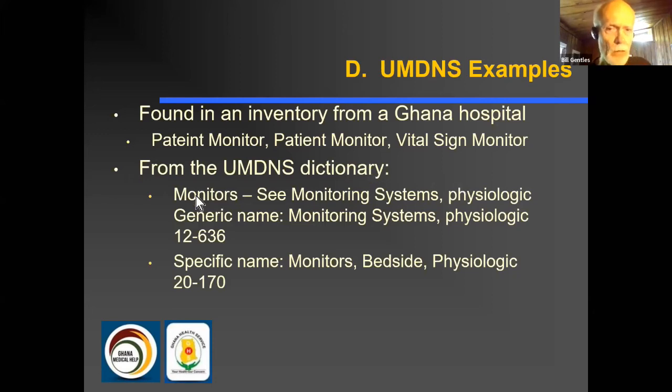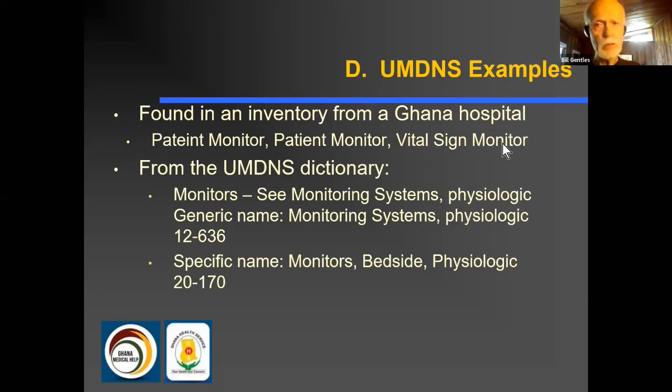So from the UMDNS dictionary, if you type in the term monitor, it points you to the standardized term, monitoring systems, physiologic. So a physiologic monitoring system is different from a computerized monitoring system where you have display screens up on the wall. So you have to be specific about what kind of monitoring system you're talking about. So the generic name, monitoring system physiologic, has a code 12636, but then to get more specific, the ones that